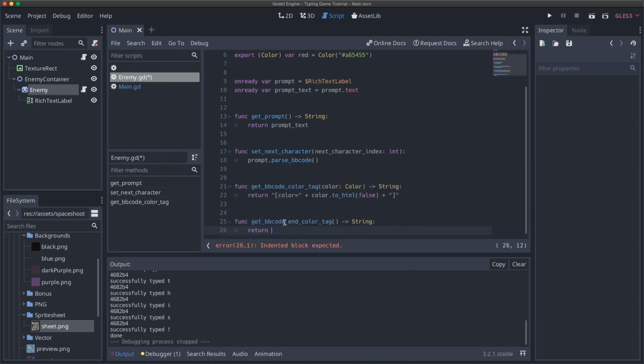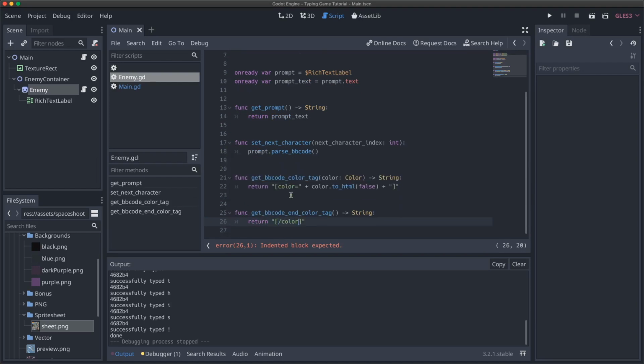And we will return color, end of color. So now we have a function that will create a tag and then end it. And so all we have to do now is just insert the text rather than having to build this up manually every single time. Okay, so now that we have our helper functions, we're ready to actually build out our